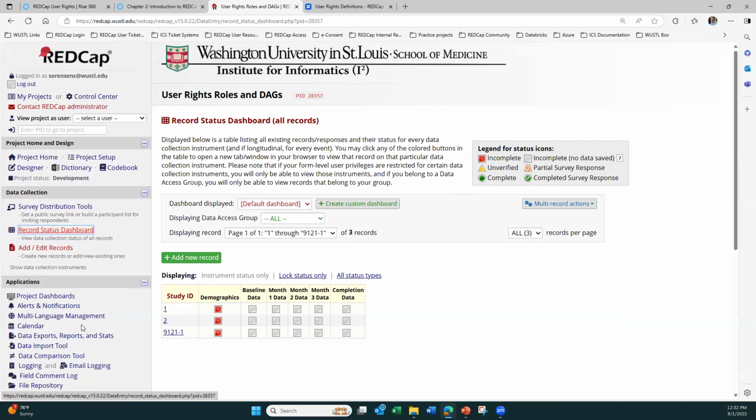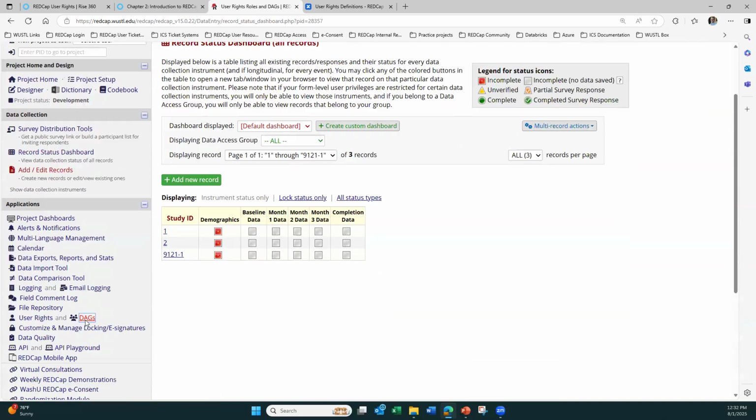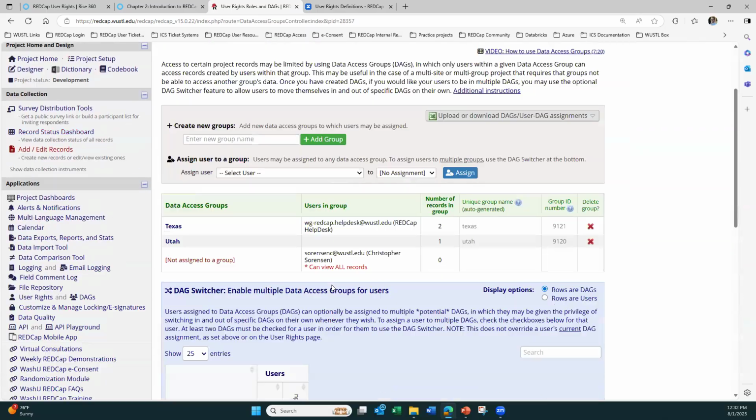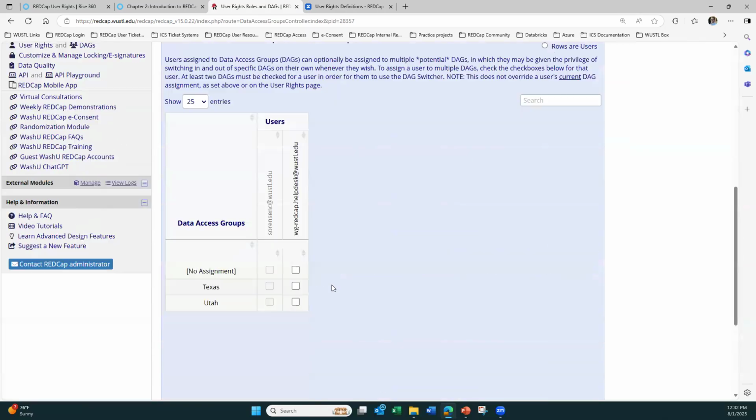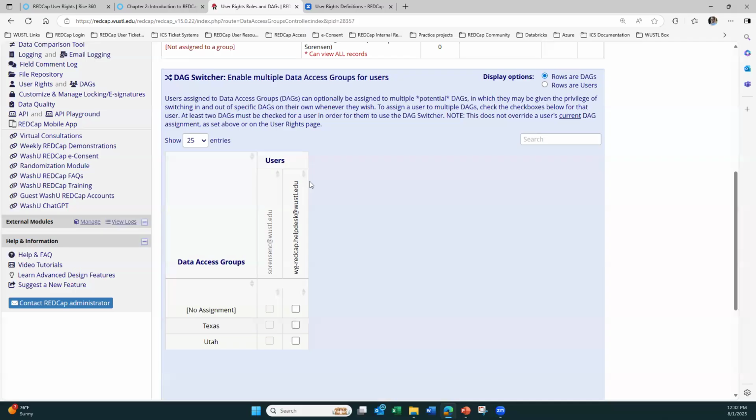And now I'm going to go back to DAGs. And I'm going to say this person, this REDCap help desk user, can see, obviously they can see their own. I have to check their own if I'm going to be able to let them see other groups. And then